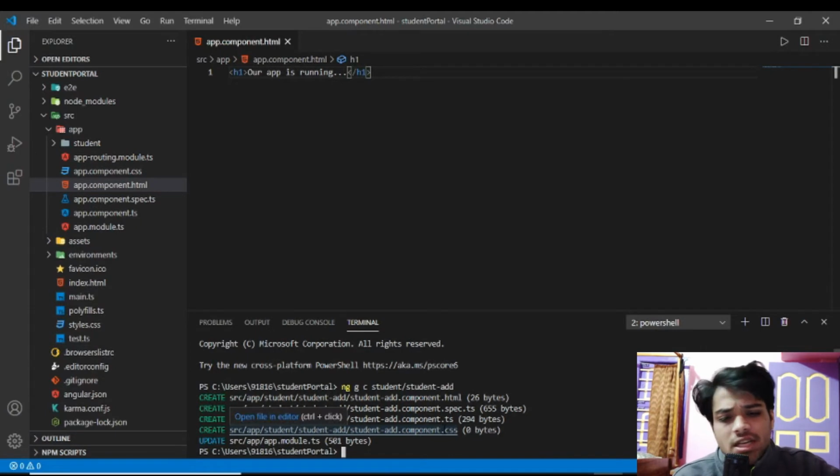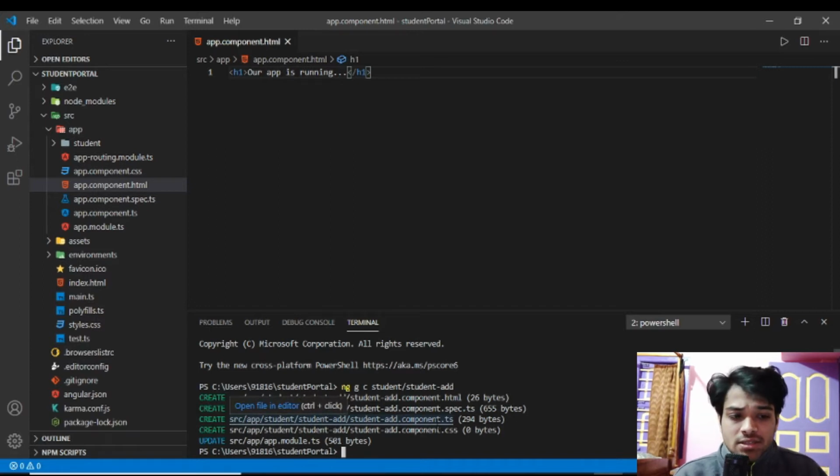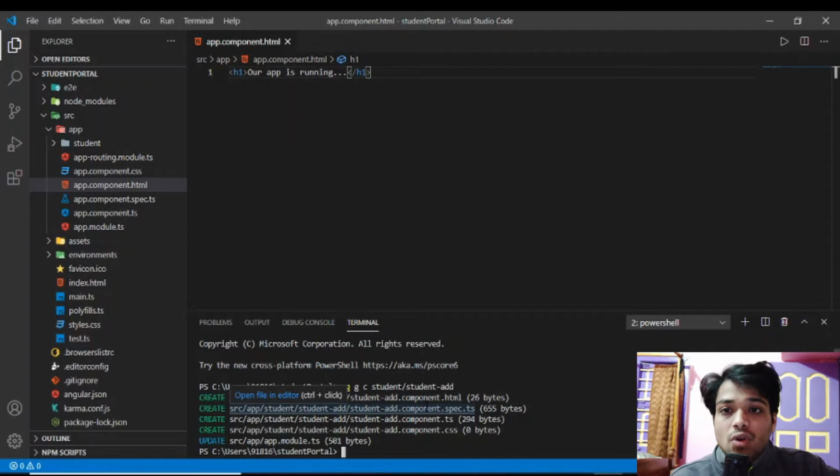And you already know what ts file, css file and html mean. The ts file is the TypeScript file which controls the HTML page, this HTML page, student-add.component.html, and the css file is for styling this page. And the spec.ts file is for testing purposes.